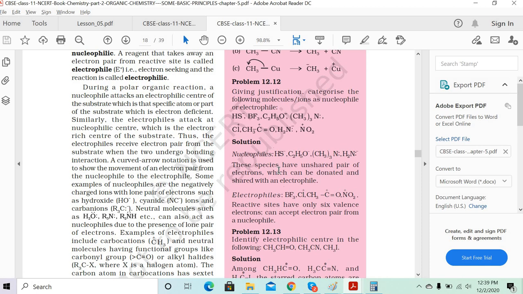So that's why these are the nucleophiles, because they are nucleus-loving things. Because they have more electrons, they can easily attack there and form a bond with the nucleus. So HS minus, C2H5O minus, again they have more electrons. CH3 whole thrice and minus, again the more electronegative it is, it should either have a lone pair of electrons or a negative charge. Those are the only two things you need to notice. And why is that? Because nitrogen has a lone pair of electrons. Again CH3 H2N, again a lone pair of electrons. So it can easily attack the nucleus, and that's why it's called a nucleophile. Clear?